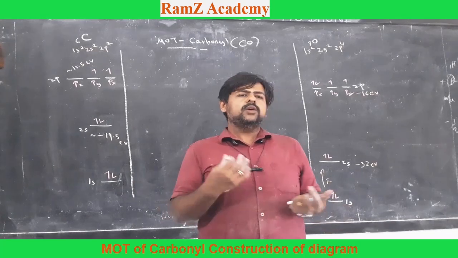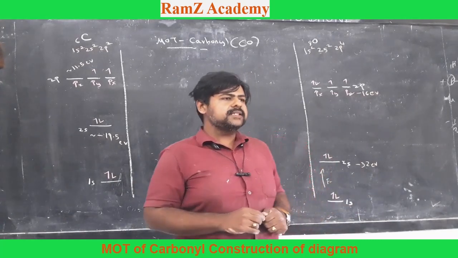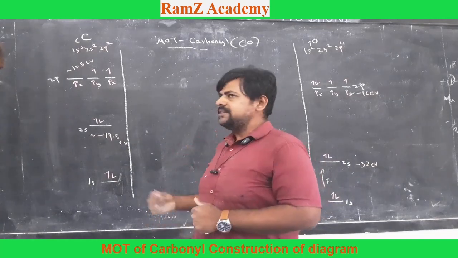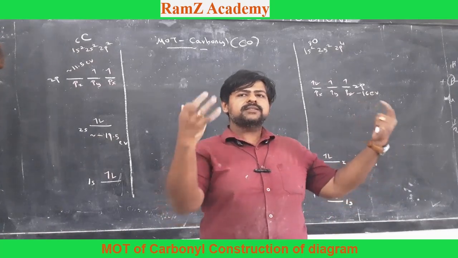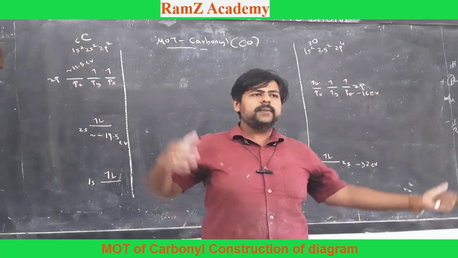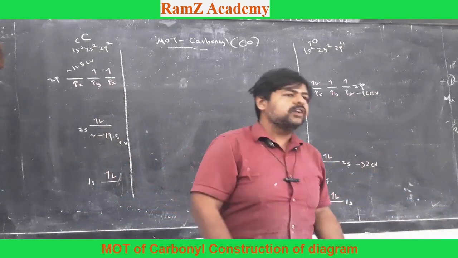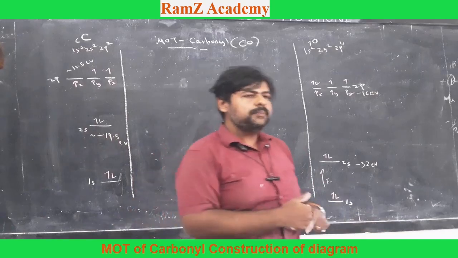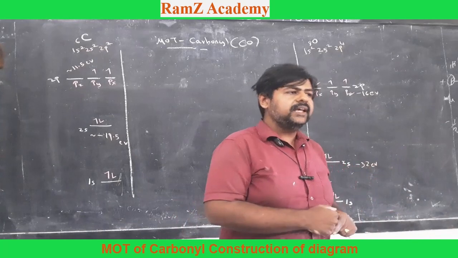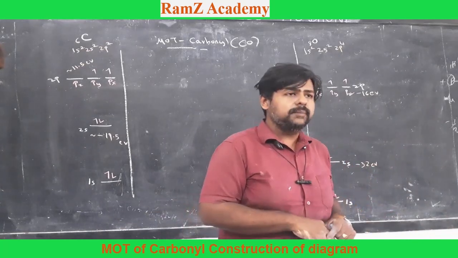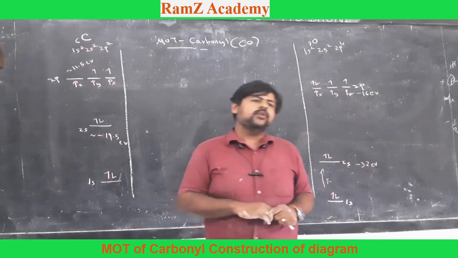Actually the VBT is based on spatial distribution. That means VBT sees the electron as a particle, whereas MOT sees the same electron as a wave. What you call hybridization there means you mix up the space given for an s orbital and a p orbital, and make a hybrid space with some amount of space from the s orbital and some from the p orbital. You call them sp hybrid orbitals. If you are mixing all the p and the s, then you call each of these an sp3 orbital. The same concept I have borrowed from the VBT, and here I introduce it in the form of sp mixing.